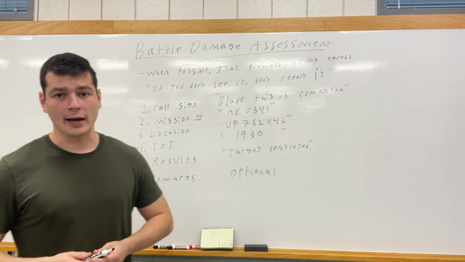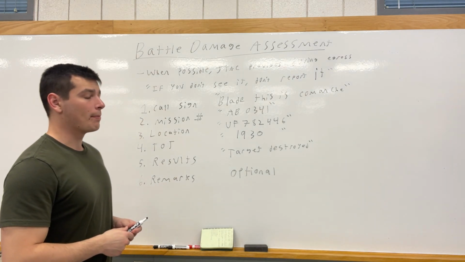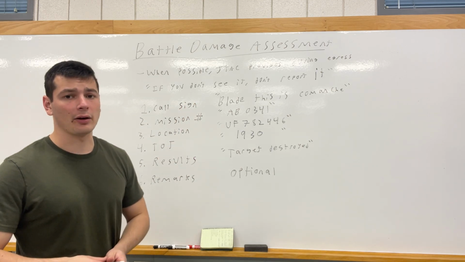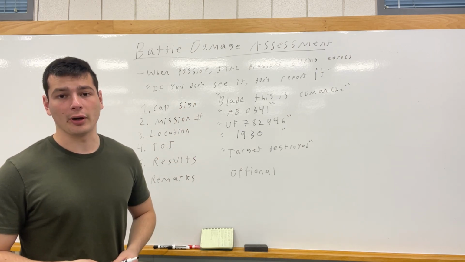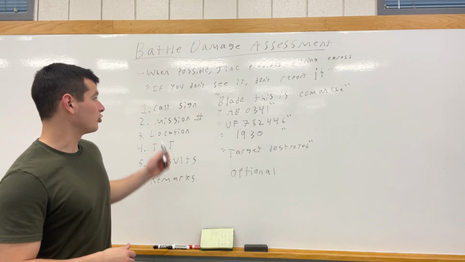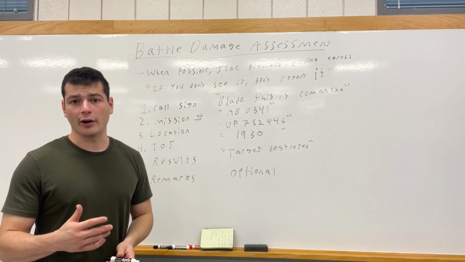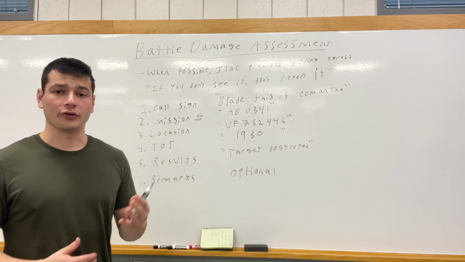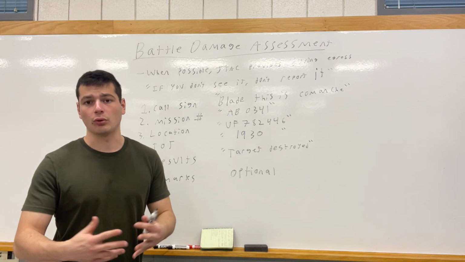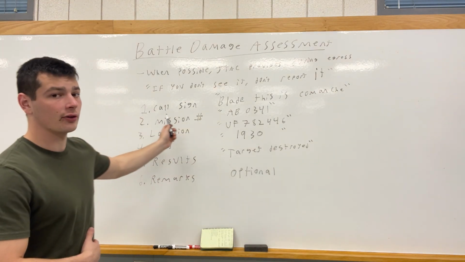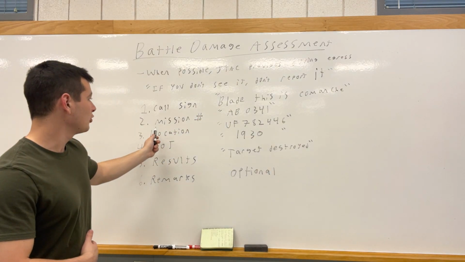Finally, after your attack has been completed, when possible, the JTAC is going to provide the aircraft with a BDA, or battle damage assessment, upon the aircraft's egress. The general rule is if you don't see it, don't report it. However, you should be giving the aircraft at minimum a call of successful or unsuccessful as to how they did on the attack. The BDA is 6 lines, first being the call sign, Blade, this is Comanche,